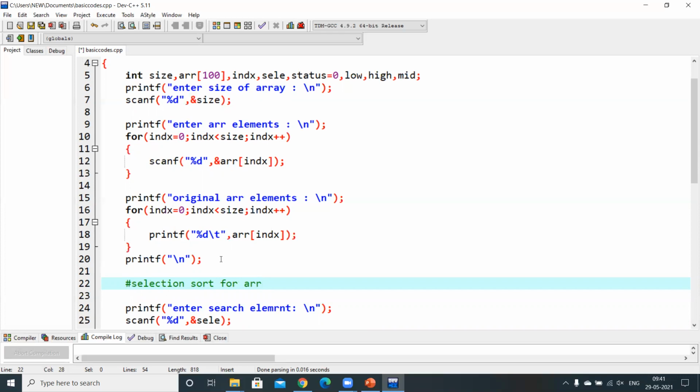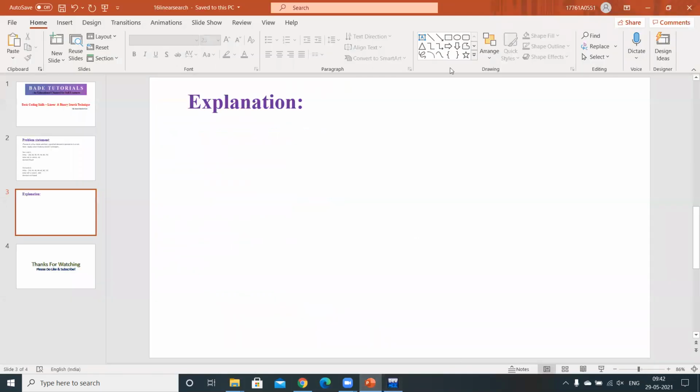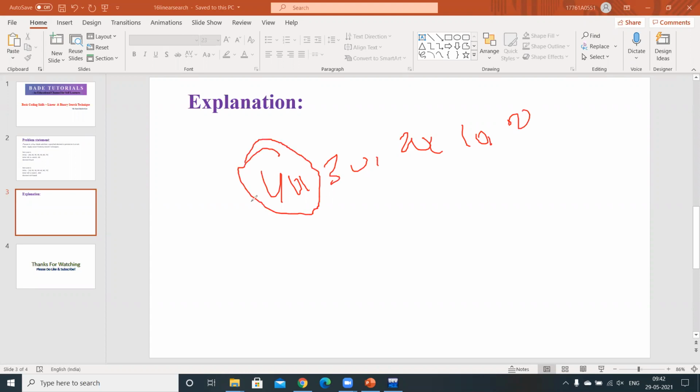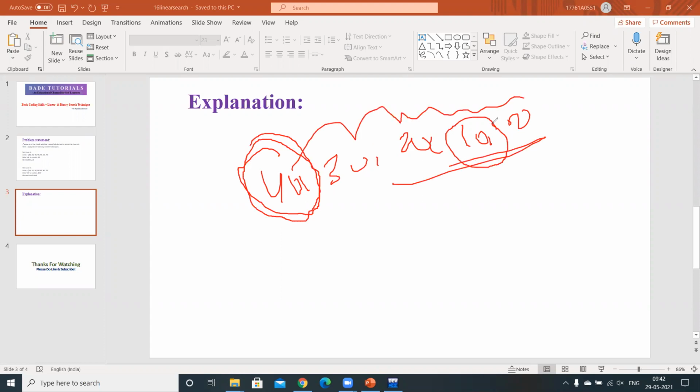Now let me tell you the logic for the selection sort. Selection sort is quite simple, guys. Let me explain the logic. Let me take the array like this. For example, if you have an array like 40, 30, 20, 10 and 50, after every iteration, the minimum element is placed in its correct position. 40 will be compared with all the elements, and the minimum element available is 10, right? So those will be swapped. 30 stays as it is, 20 stays the same, 10 goes here and 40 goes there. 10 is in the right position.